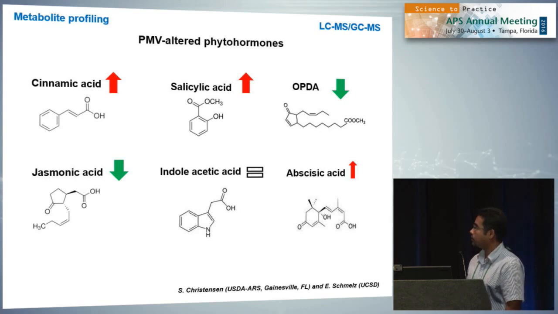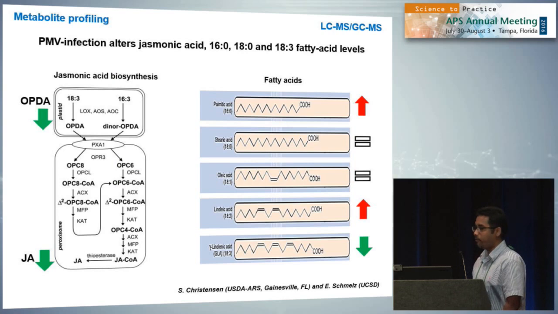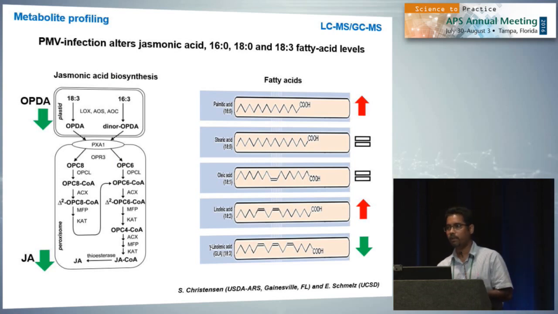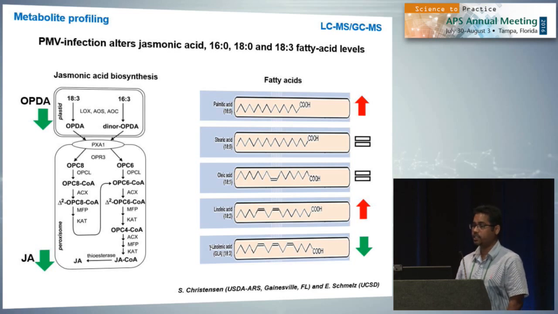Continuing on, we also quantified some fatty acids. Fatty acids are important signaling molecules in plant defense, especially insect interactions. And also they feed into the biosynthesis pathways of oxylipins, including OPDA and also jasmonic acid. What we saw was, in a PMV infection of Brachypodium, a significant induction in